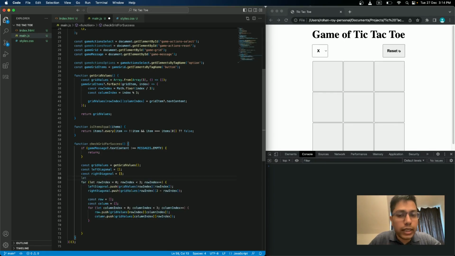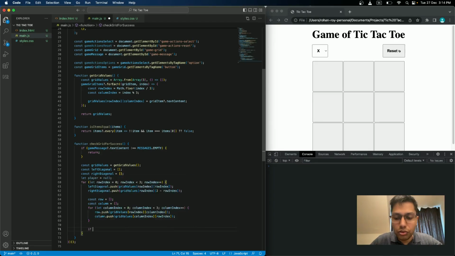So we need to set player as null. We need to see which player has won, right? If the row matches or the column matches, then a particular player has won. So suppose I am a user, I am using X right now. So if all the rows are matching X, then the user has won. This is where the option player map will come into play, right? That's why we defined it first of all. So